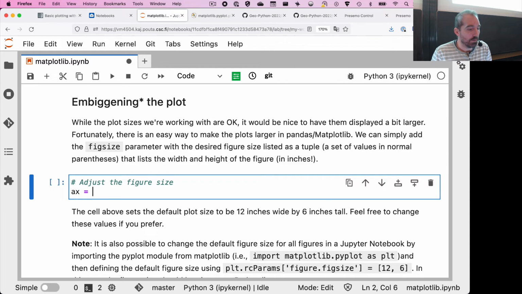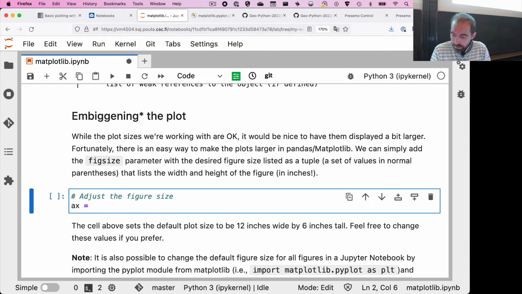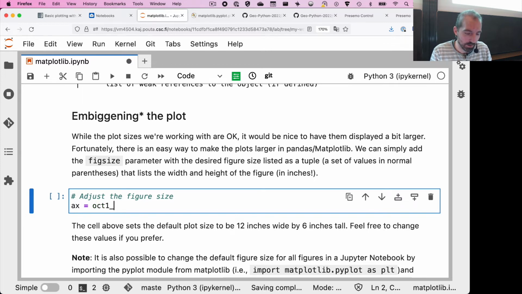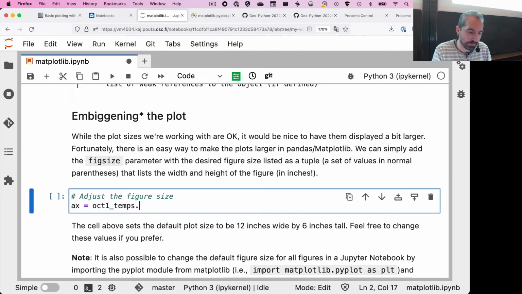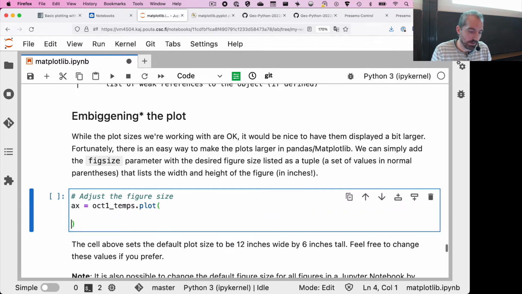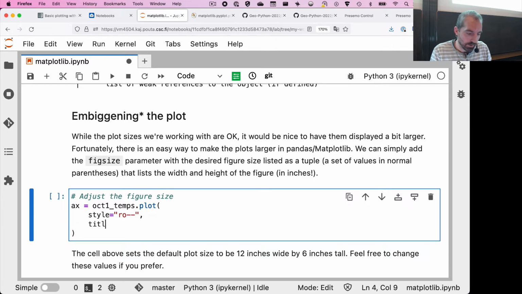We'll do basically the same thing that we did before. I'm going to type this in because I don't want to scroll back up to the top of the help documentation, but you can copy and paste this from the earlier cell if you want to save yourself time. So when we made our first little stylized plot, you can just copy paste that because almost everything is going to be the same here to make our plot bigger. I'll say style equals ro dash dash title equals